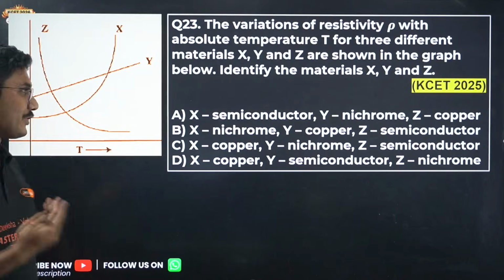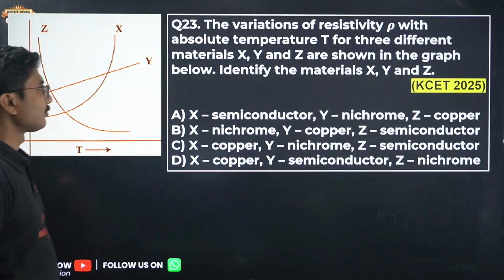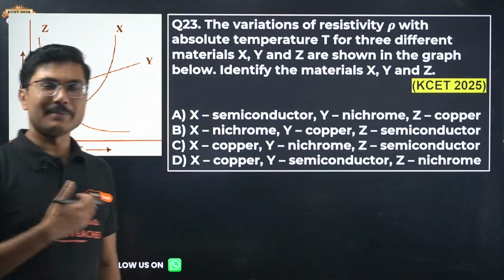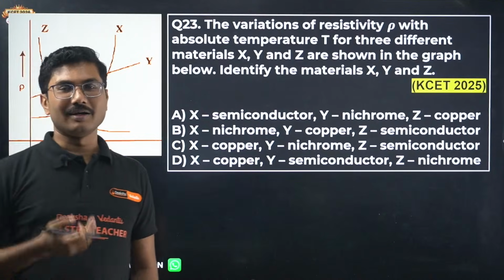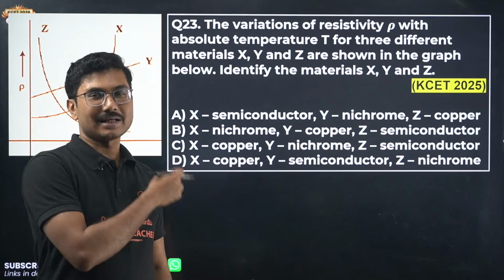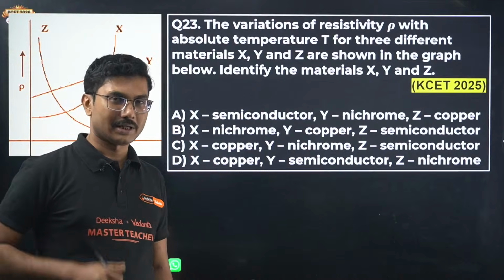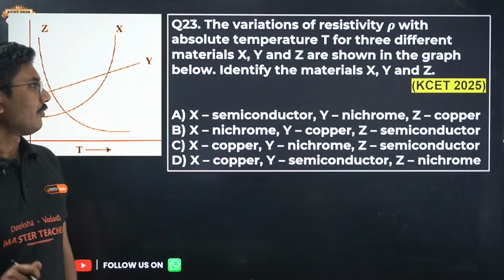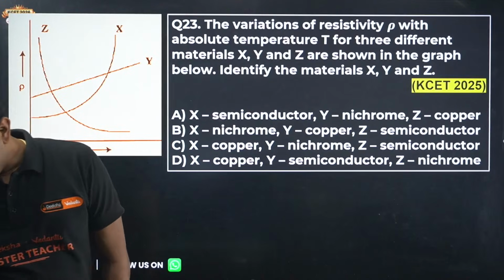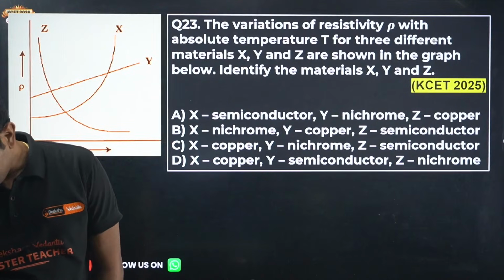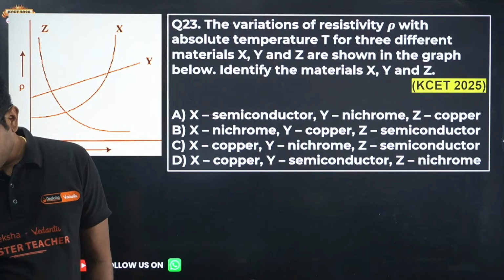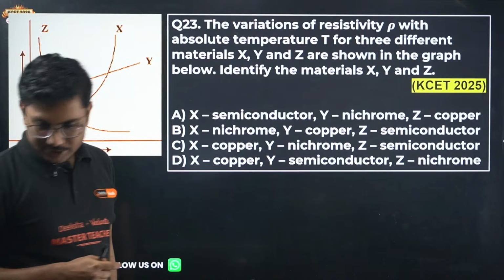Yes, this question is directly from NCERT with slight variation. Okay, in NCERT they have mentioned conductor, semiconductor and alloy. In this case they have given direct example of copper, nichrome and semiconductor. That is the main difference. Okay, now Shamit is saying option C, then change to option B. Shaila is saying option C.